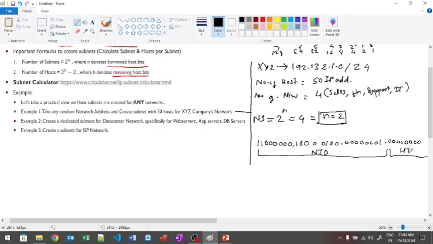This is the host ID, and from the host ID, how many bits are we going to borrow? 2 bits. Borrow 2 bits. The subnet mask for this network is all ones for the network ID, 1 2 3 4 5 6 7 8, and this is host, and we are going to borrow these 2 bits from the host ID. So the changed subnet mask will be 26. The 24 plus these 2 borrowed bits, so the changed subnet mask will become